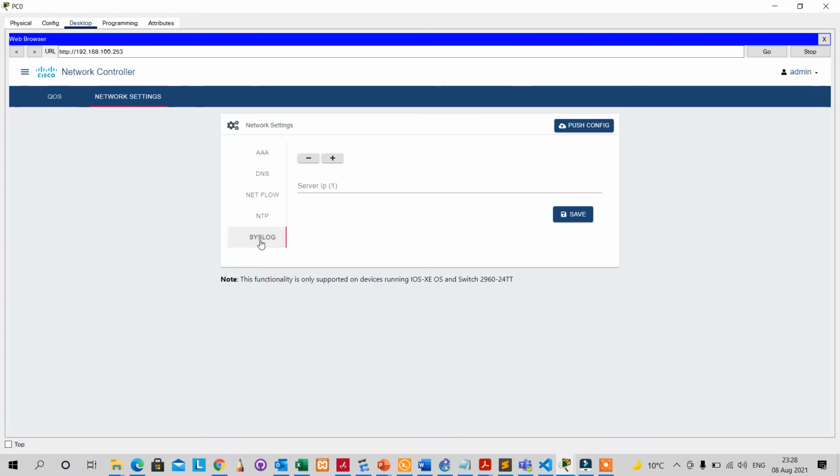And then syslog is the one that keeps logs of everything that's happening in your network, right? So save an IP address, 192.168.100.1 can work as a syslog. I can save that. Network NTP, same server, 192.168